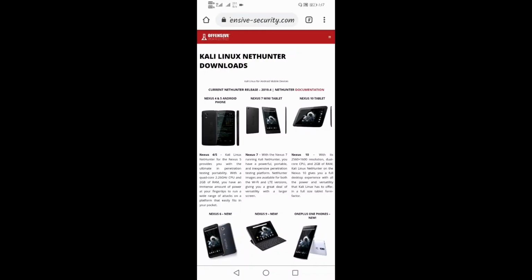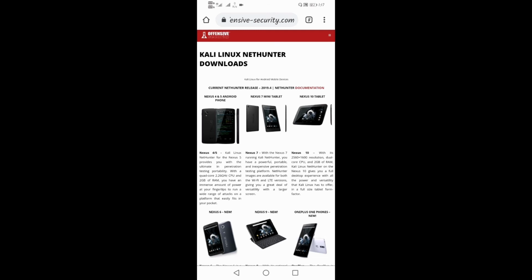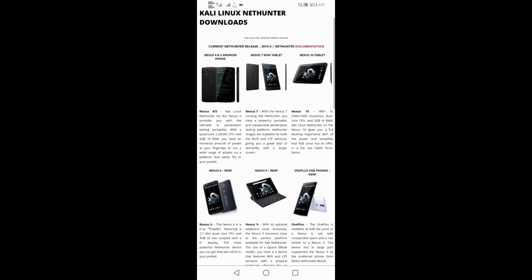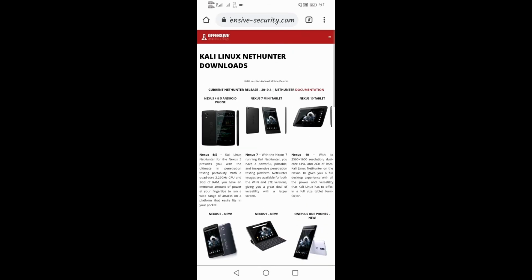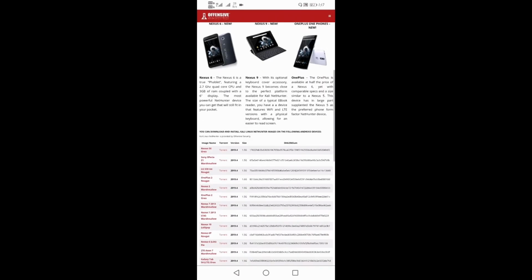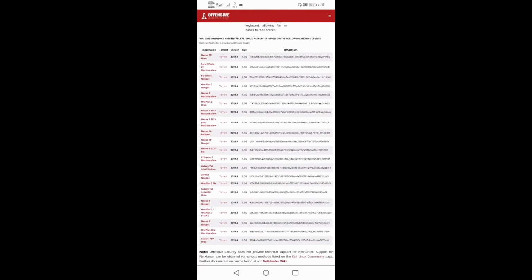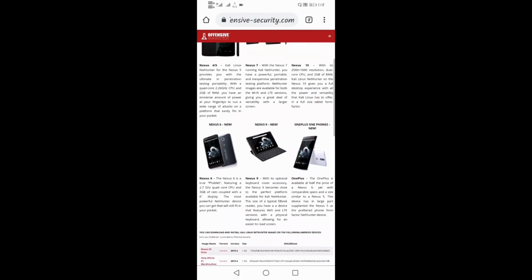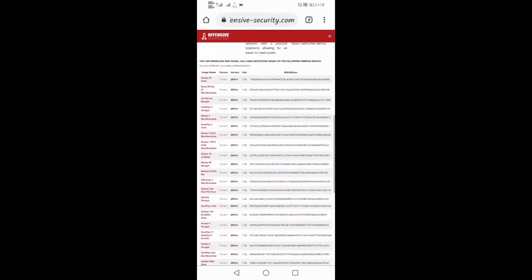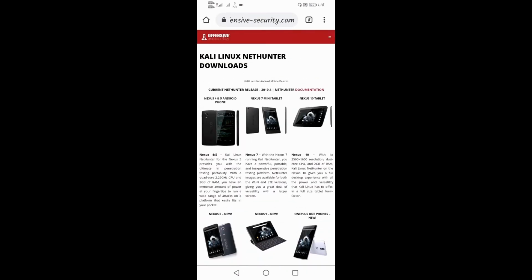The next one is the most important tool for a penetration tester. It is Kali Linux NetHunter, which is basically an Android version of Kali Linux, which has penetration testing tools already installed in it, and it's also very handy when you are a penetration tester. Automated penetration testing with Kali Linux for their work. You can download Kali Linux on your